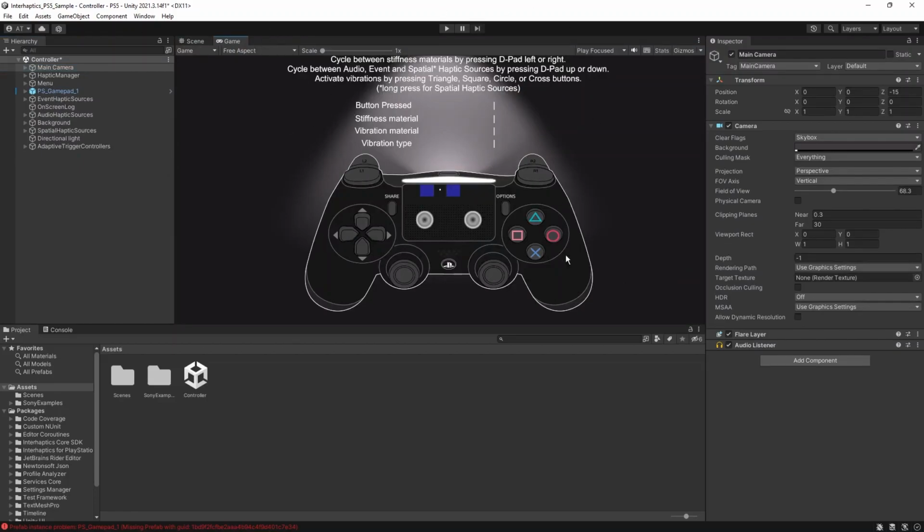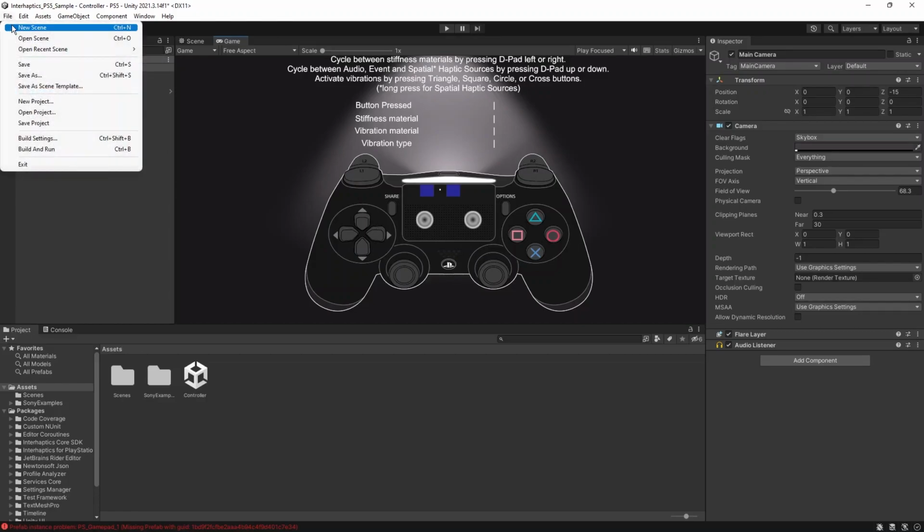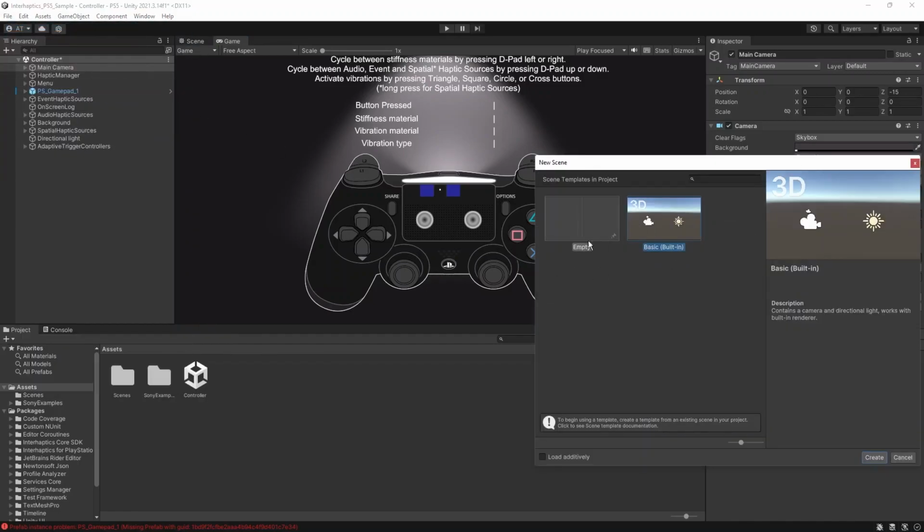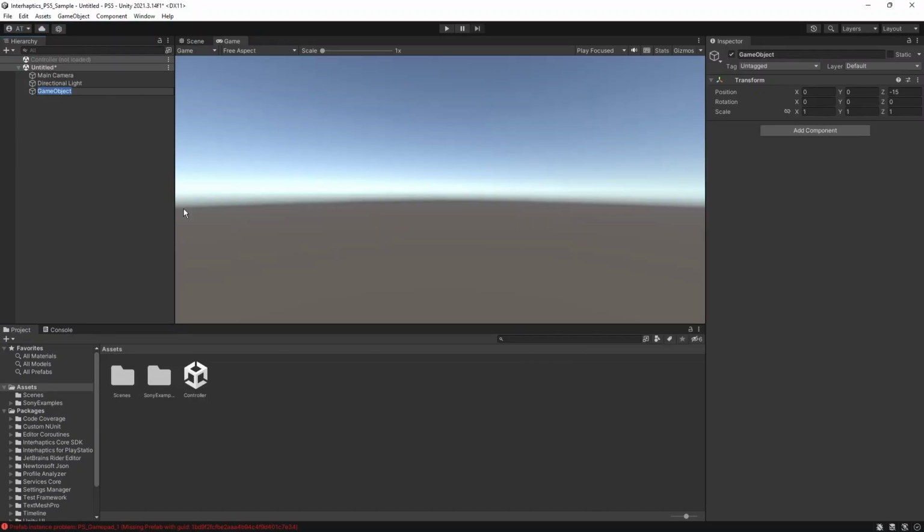There is already a sample scene in the Interhaptics for PlayStation 5 SDK package, which you can test for different haptic sources, such as spatial haptic source, event haptic source, and audio, or adaptive trigger controls with stiffness haptic materials for the PS5 DualSense. We will not delve deep into the sample scene, which can be played directly and tested on your PS5 dev kit once the packages are imported,